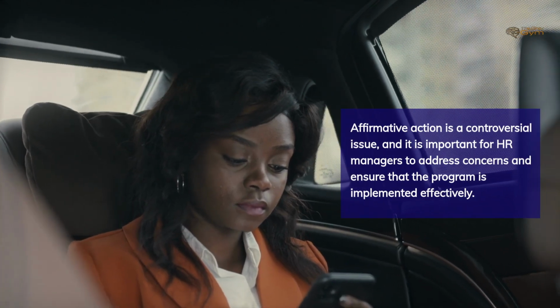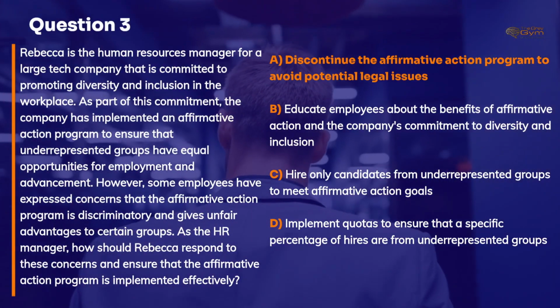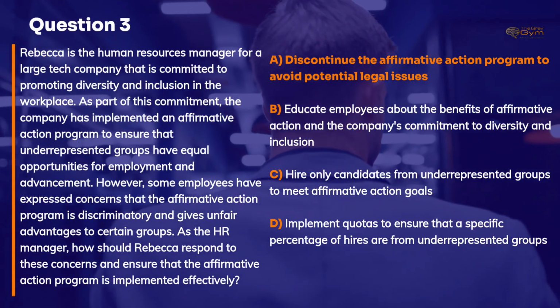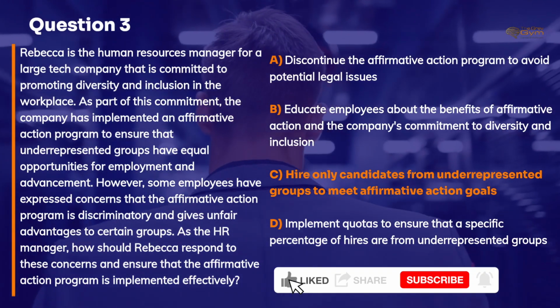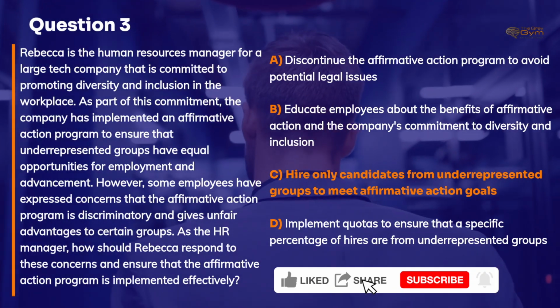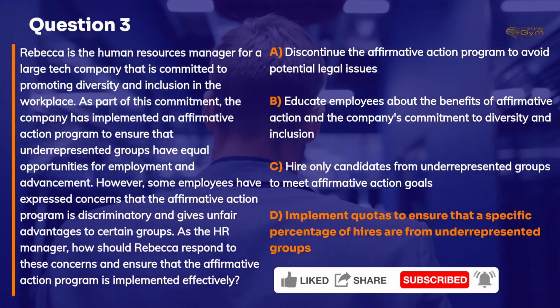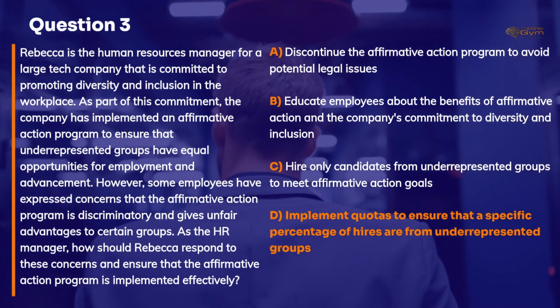program is implemented effectively. Discontinuing the affirmative action program, A, could be a violation of employment laws and the company's commitment to diversity and inclusion. Hiring only candidates from underrepresented groups, C, is not a fair or effective approach, as it may lead to discrimination against other qualified candidates. Implementing quotas, D, is also not recommended, as it could lead to reverse discrimination and legal